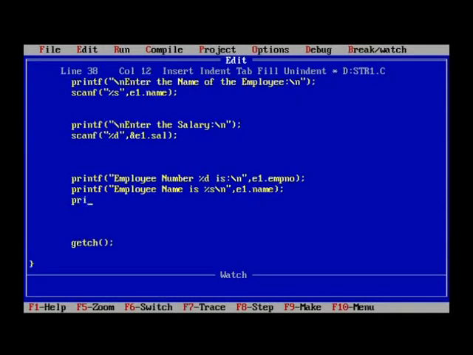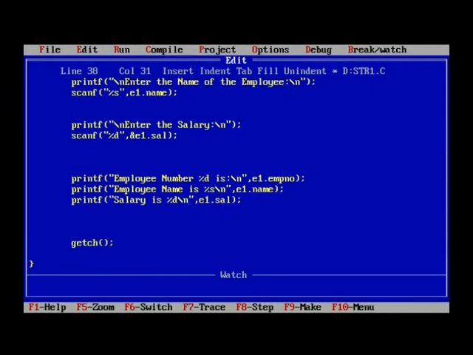Another printf, salary is %d, double quote, comma, and we want to access E1 and then its member dot salary. Right, hope this will work fine. I think the new line character should be here.